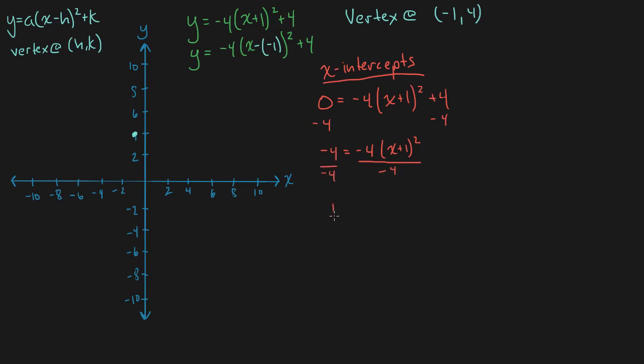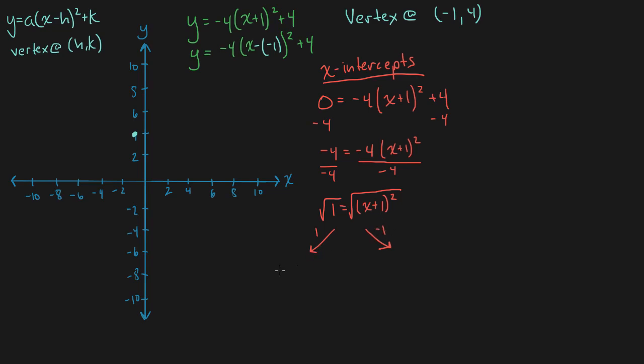-4 divided by -4 is 1. And then -4 times x plus 1 squared divided by -4, these are going to go to 1. And so that's going to just leave me with x plus 1 squared. And now I can, just like I did before, take the square root of both sides here. And remember that there are 2 roots for 1. We have 1 and -1. So that's where I'll split this out